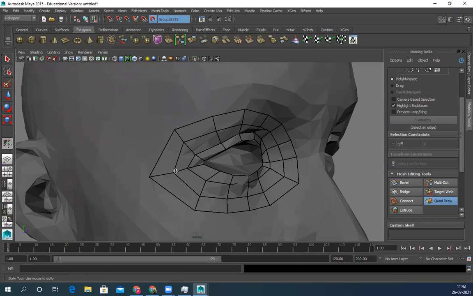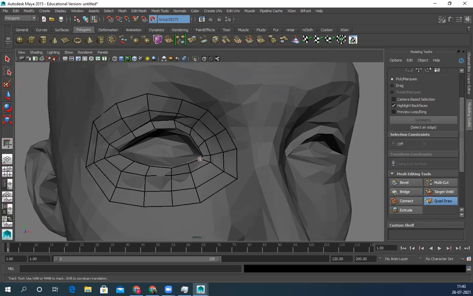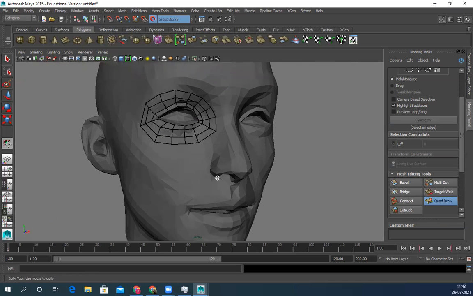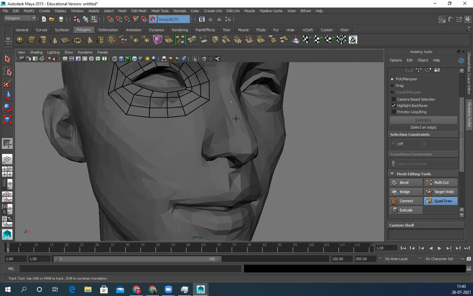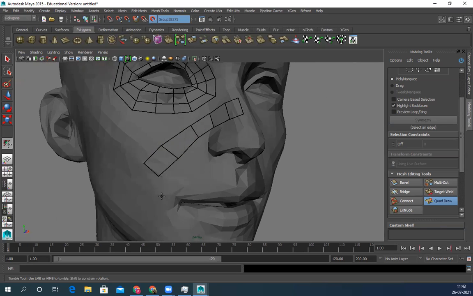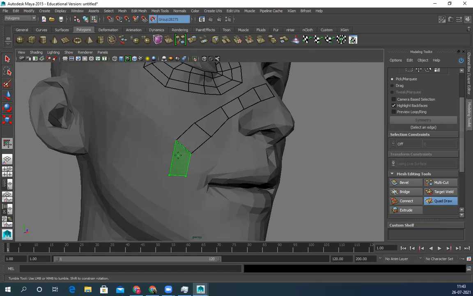And if you want to manually modify a few things, you can just click and move it. So let's see. Now my nose, this thing. Initially keep it really low poly.